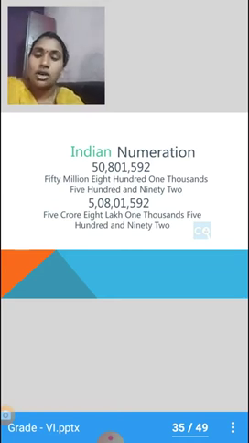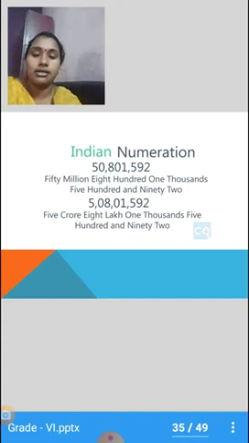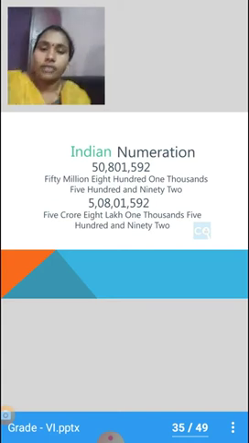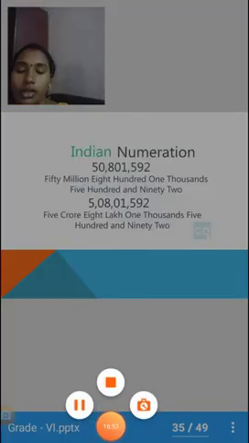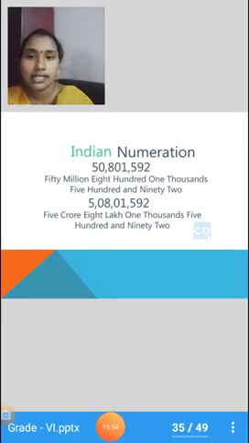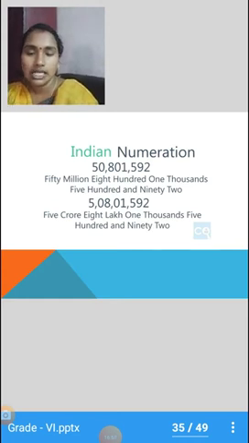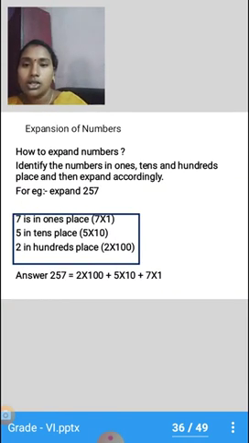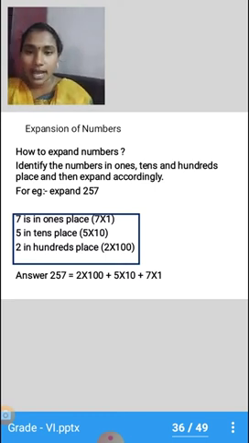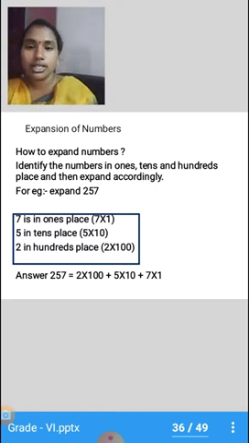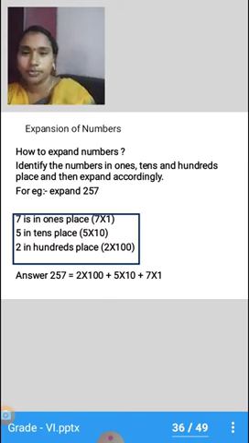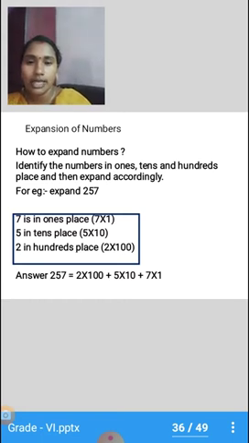Yes. So we are going to learn how this is happening when we come to the last part, when we are going to see where commas should be inserted. Okay children, so let's see how to expand numbers. Okay children, this you would have learnt in your lower classes, but you would have not learned for larger numbers, right? So here we are going to expand numbers.